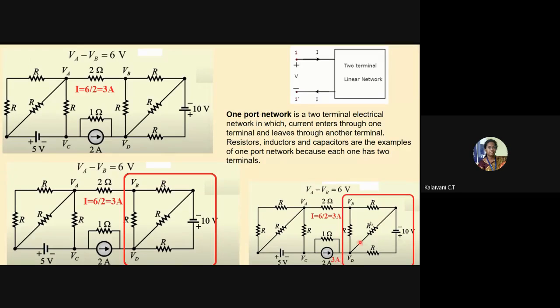If we analyze this also, you will get the outgoing current as 3 amps. For simplified analysis, we can take it as 3 amps. Else, we have to analyze the currents as I1, I2, I3 and I4. So 3 will be equal to entering current, outgoing current, I1 plus I2. If you analyze here also, you will get the answer as 3 amps. Since we have a short time to solve it, we'll take the condition of a one port network.